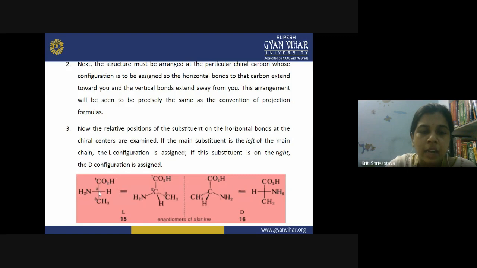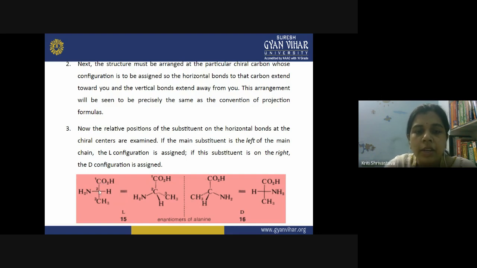And at the second carbon atom, we are going to check the behavior. This is represented by the intersection of these two lines. This point of intersection represents your carbon number 2. And because this carbon contains all 4 different groups, it is a chiral carbon. Chiral carbon, we discussed, is the carbon atom having 4 different groups on 4 different valencies.